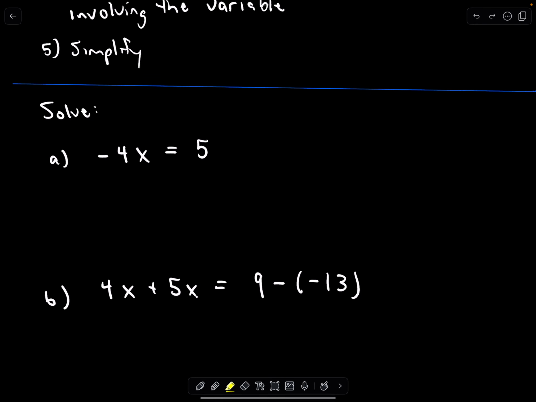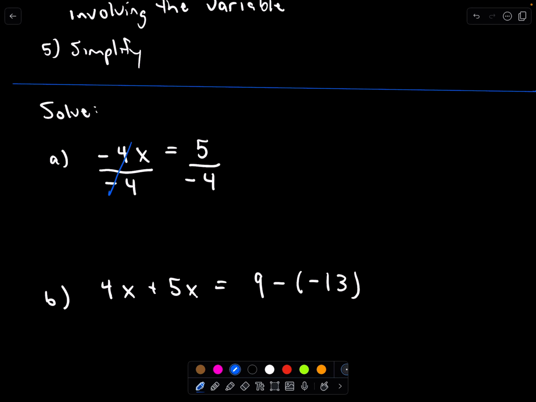Okay, so here we've got negative 4x equals 5. Well, a lot of those steps are already done, right? There's no parentheses, everything is combined. So in this case, our goal is just to get down to x equals some number. And if we can do that, we're done. Well, on the left side right now of my equation, we've got this negative 4, and we don't want that, so since we're multiplying by negative 4, to undo multiplication, we can do division, so I'll simply divide both sides by negative 4,